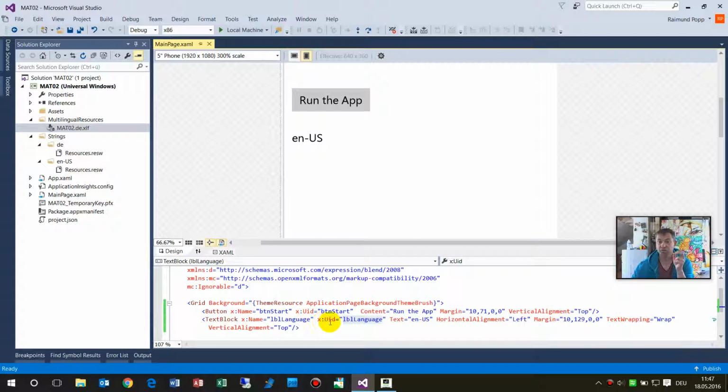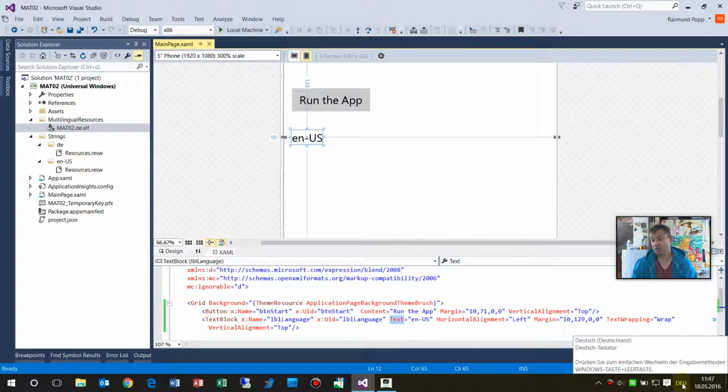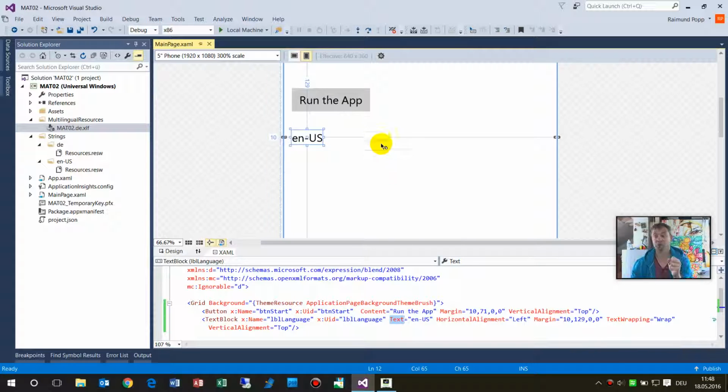All what you have to do, remember, is give this unique identifier for this stuff, and with dot the property which should be changed. And now I'm able to upload this to the store, and the customer who has German on his main system, for example, will get the German language shown, and the English one will get the English one. So this was difficult for me when I programmed it,